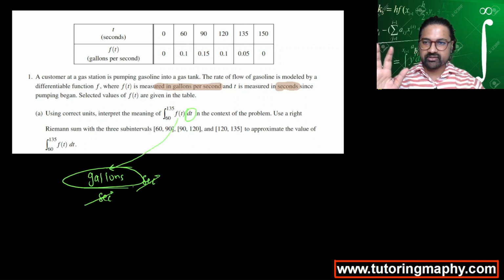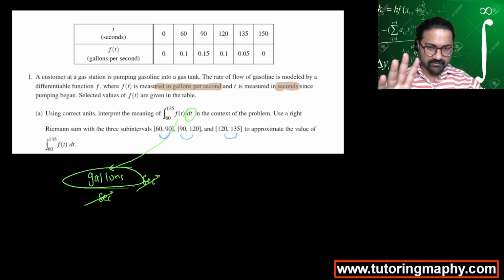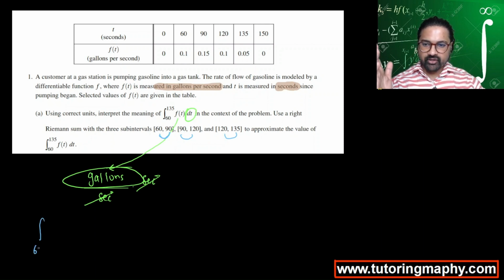Let me keep this as it is. And now we are going to use the right Riemann sum. What is the width of the rectangles of the Riemann sum? 90 minus 60 is 30, 120 minus 90 is 30, but here it's not 30, right? Be careful. It's 15. So that's fine. There are three subintervals, so we just have to find the area of each rectangle, right? So the integral from 60 to 135 of f(t) dt,